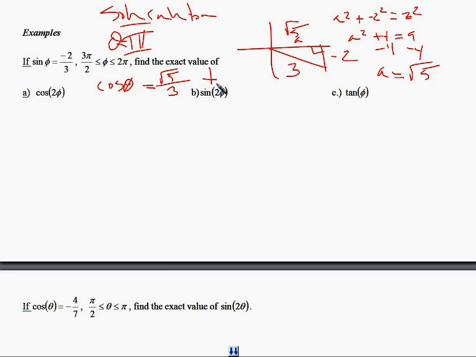The tangent of this angle is equal to the opposite over the adjacent. That's going to leave us with the radical in the bottom, so I'll rationalize that by multiplying top and bottom by radical 5. So I'll get -2 radical 5 over 5, and that'll be my tangent identity. So, if I look at the cosine of twice this angle using the double angle formula,